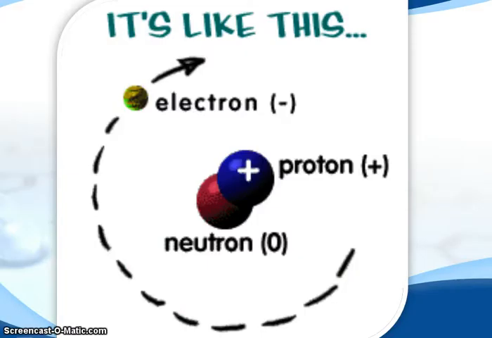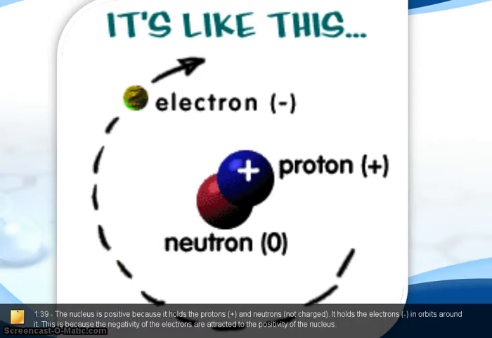So what exactly are these atoms made out of? Well, atoms consist of neutrons, protons, and electrons. Neutrons are neutrally charged, as the name suggests, while protons have a positive charge, and electrons have a negative charge. Protons and neutrons